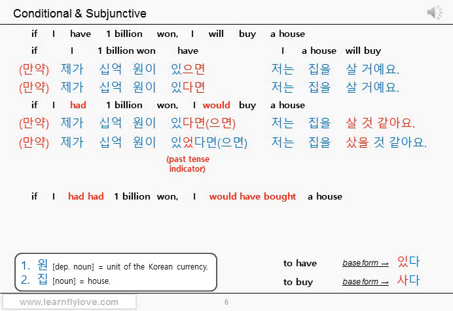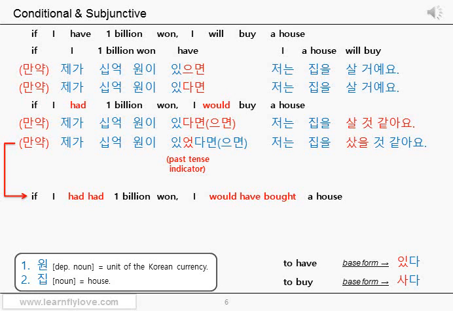Therefore, the meaning of 만약 제가 10억 원이 있었다면 is rather close to the third English sentence, if I had had a billion won. Because 있었다면 indicates the past tense. And we use the connective ending 다면 because anyhow, it can indicate the lower possibility theoretically. But you can still use the other connective ending 으면 because 으면 can also indicate something subjunctive in Korean.